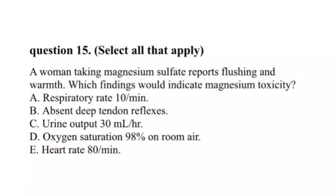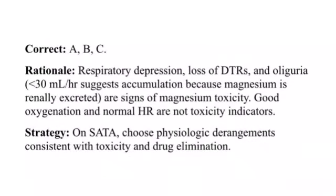Question 15. Select all that apply. A woman taking magnesium sulfate reports flushing and warmth. Which findings would indicate magnesium toxicity? A. Respiratory rate 10 per minute. B. Absent deep tendon reflexes. C. Urine output 30 milliliters per hour. D. Oxygen saturation 98% on room air. E. Heart rate 80 per minute. Correct. A, B, C. Rationale: respiratory depression, loss of DTRs, and oliguria, less than 30 milliliters per hour suggests accumulation